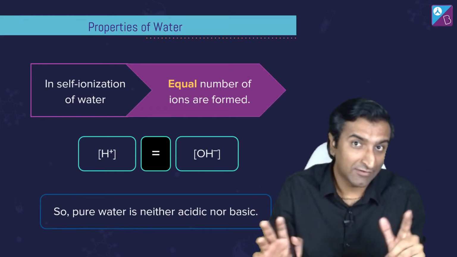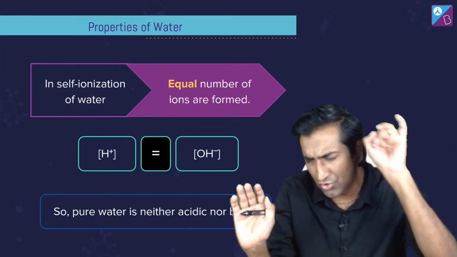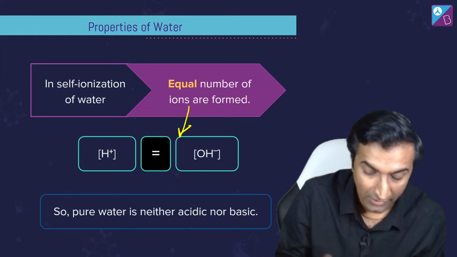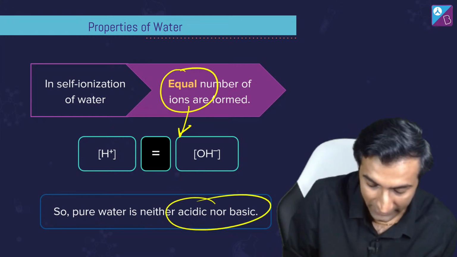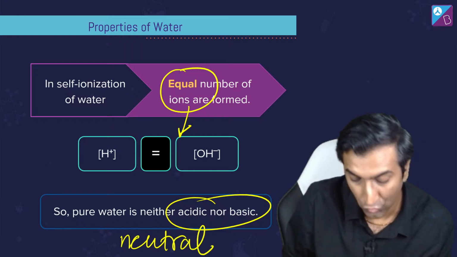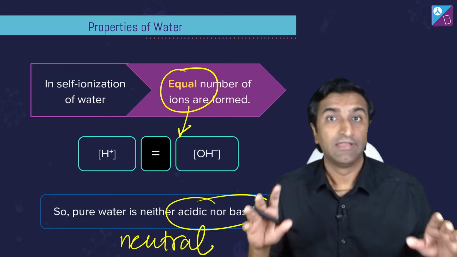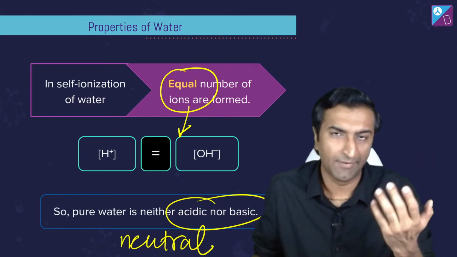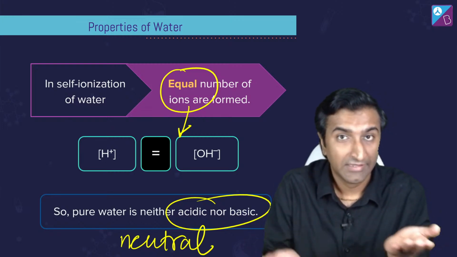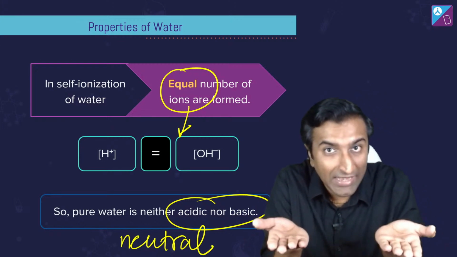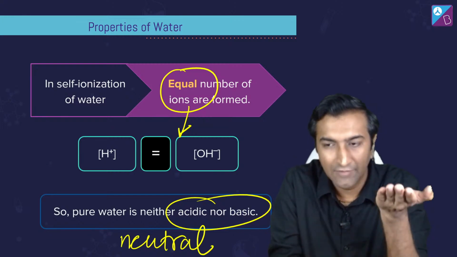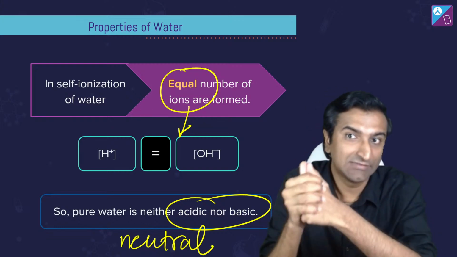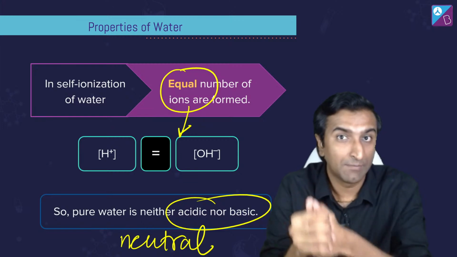खैर, when this self ionization happens, अभी कुछ नहीं है पानी, pure ultra pure water, no ions, nothing. Then there are equal number of ions formed, very small amount but equal amount. Since they are equal amounts, hence water is special, water is neutral. ये बात समझ में आई? We have done this in acids and bases. If you've been checking our videos out in 10th grade in BYJU'S or anywhere else, जहाँ पे पढ़ रहे हो, acid base theory में ये बहुत important चीज है कि पानी is neutral because it has an equal number of H plus and OH minus. अगर any one of them increases or decreases, then the water becomes acidic या basic. This is the main idea, the basics of what makes anything acidic or basic.